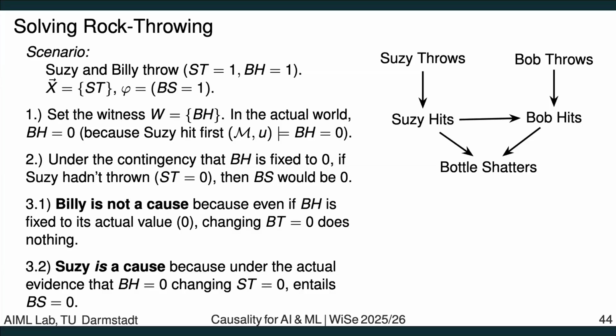There are several ways to handle that. You can basically merge them into a single node, which says which one of those hits: either Susie, Bob, or no one. Or you could just allow for cycles and then say Susie suppresses the effect that Bob hits, or Bob suppresses the effect that Susie hits, depending on some sort of temporal order. So you would also need an additional variable which tells you who hits first.